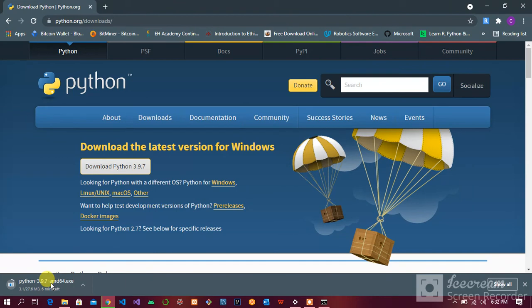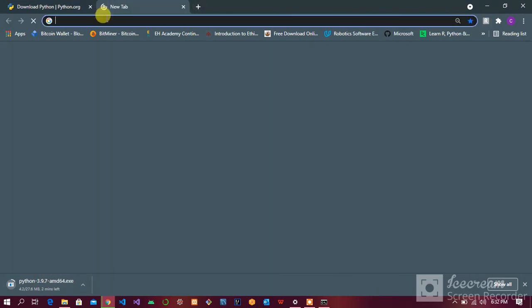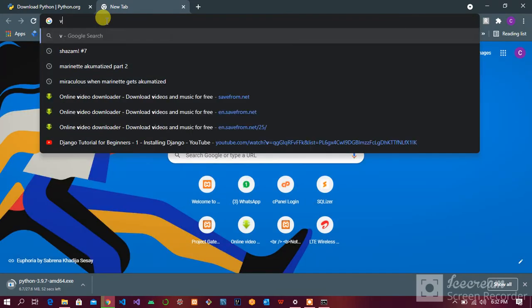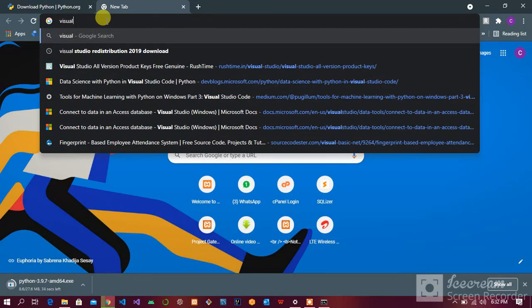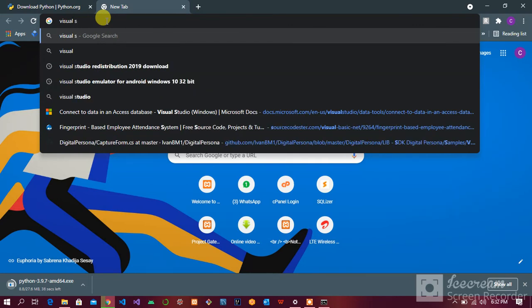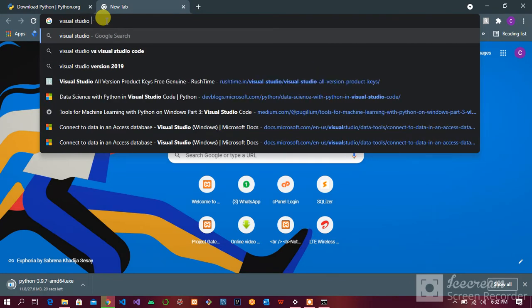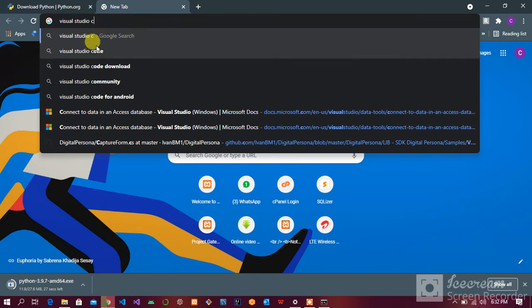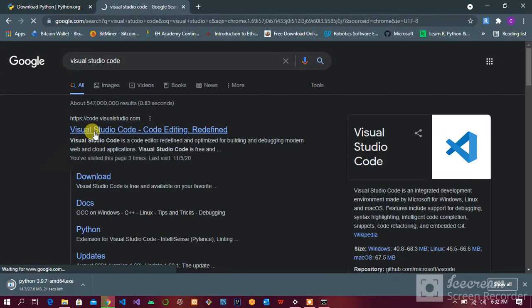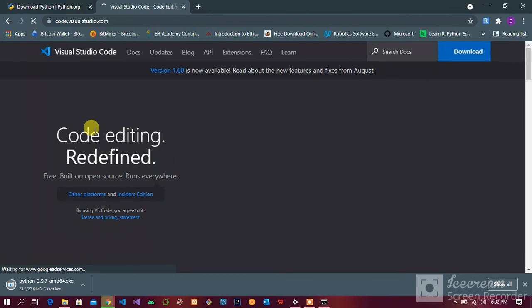We'll be using another tool, basically just introducing the tools that we'll be using. We'll be using Visual Studio Code. Visual Studio Code is the next tool that we're going to be using. It's a code editor. That's basically what we are going to be using. It helps us get a lot of things done. So Visual Studio Code is what we'll be using next, so you look for